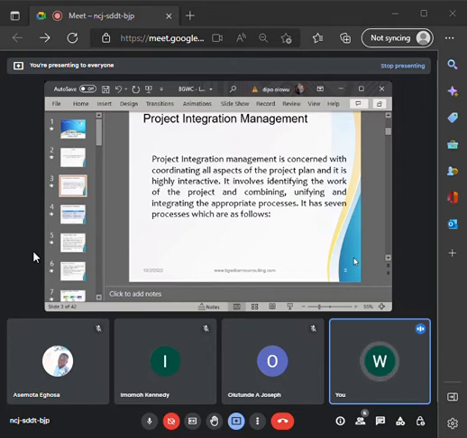Now, when we say putting all the pieces of the project together to form a cohesive whole, what pieces are we talking about? Remember when we were discussing during the introduction of what a project is, we said let's assume the project you have is a special dinner with your family. You want to unite your family, you want to give them a special dinner. That is the project you are planning for. Or better still, this PMP class. Let's assume this PMP class is a project, because definitely it has a beginning and an end date. Now you discover, what are the pieces of this project?